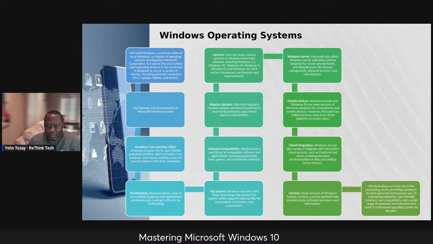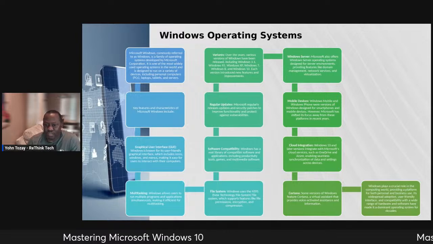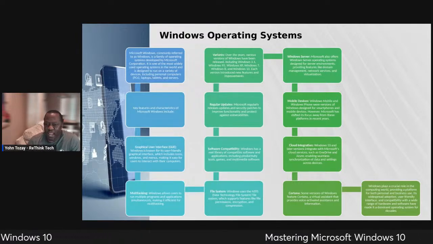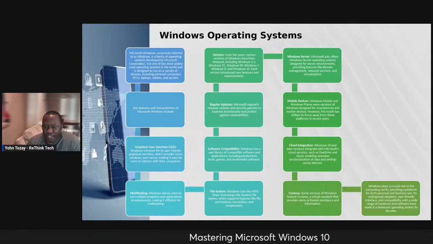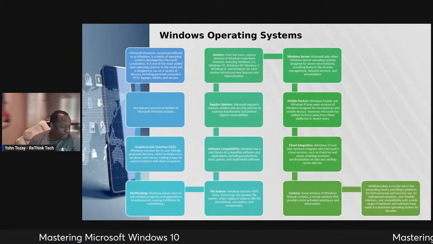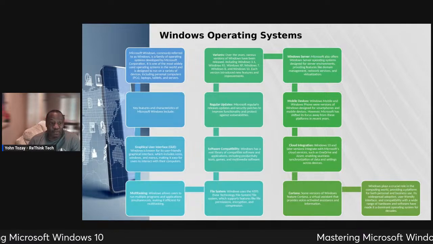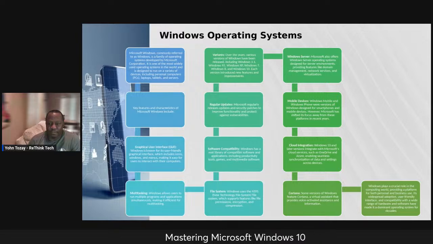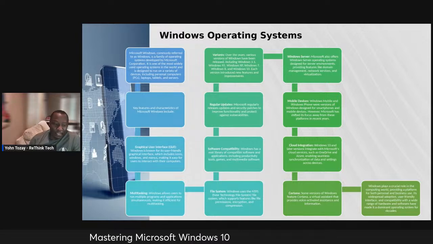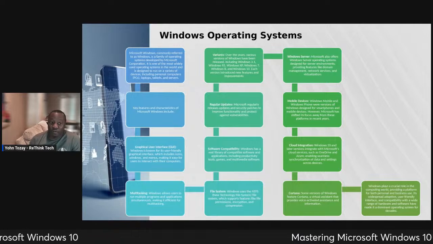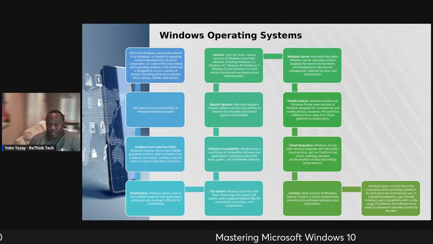It provides a platform for both personal and business use. Its widespread adoption, user-friendly interface, and compatibility with a wide range of hardware and software have made it a dominant operating system for decades. So Windows has been a major operating system for decades, and it continues to be because of several factors. Its friendly user interface, its ability to seamlessly work with other hardware and software,